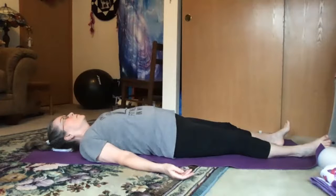left thumb, second finger, third finger, fourth finger, fifth finger, left wrist, elbow, shoulder, center of your throat, spiritual heart center, right side of your chest, heart center, left side of your chest, heart center, navel center, center of your pelvis, right hip, knee, ankle, right big toe, second toe, third toe, fourth toe, fifth toe,